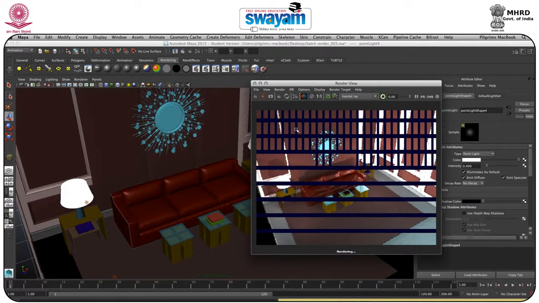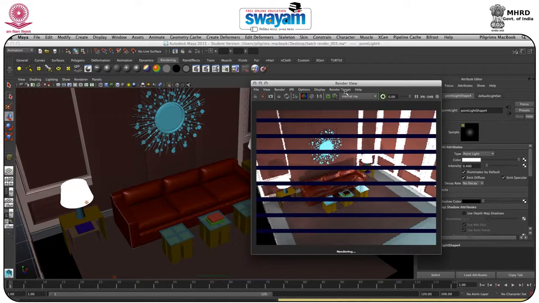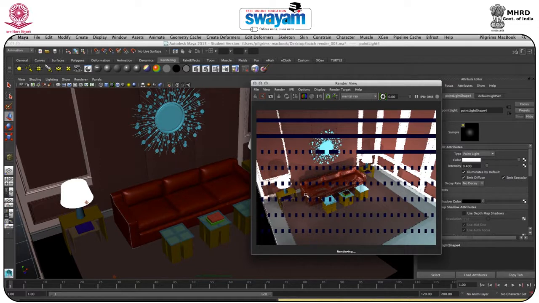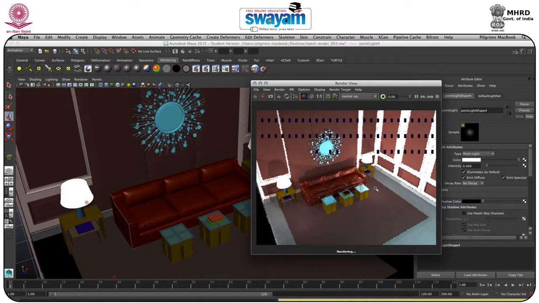Okay, now what else do we require? We need a camera, so I will just go to create, and here we have the camera, and I will go to a camera. So we have a camera here, so I will just move it here and change my panel to camera 1, so you can use your camera like this. And right now we are in camera view,